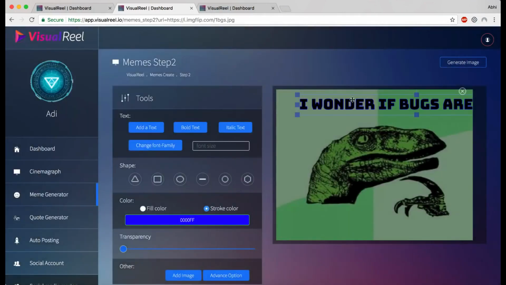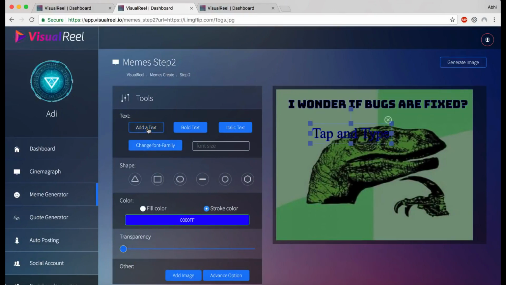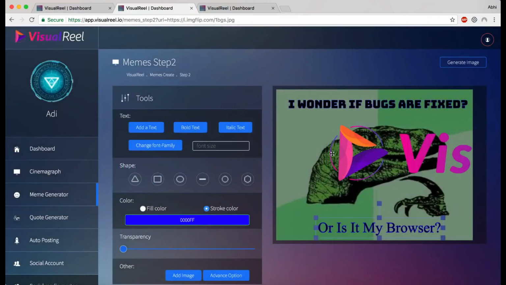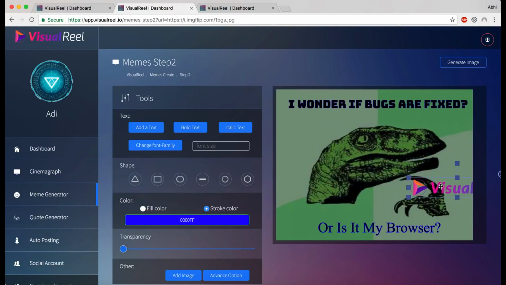I'm just gonna resize this a little bit so it just comes in right. Okay, perfect. And then I'm gonna add another one. I'm gonna just drag this around a little bit to make this nicer. I'm gonna try and add an image as well, just to be sure everything's working fine here. I'm gonna put this one right here as a watermark or something. Okay, increase the transparency a bit so it looks like a watermark.